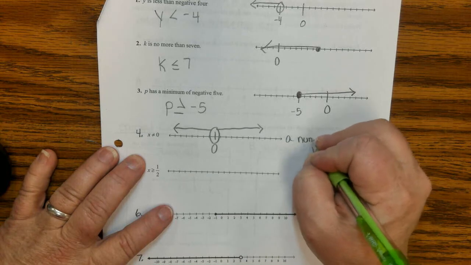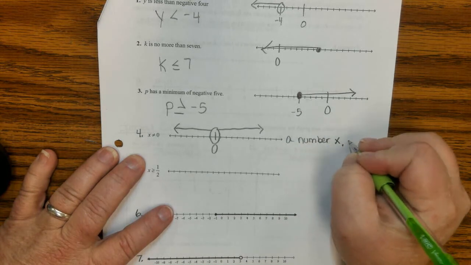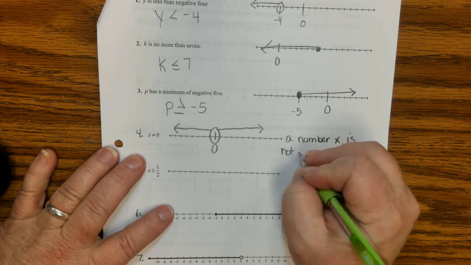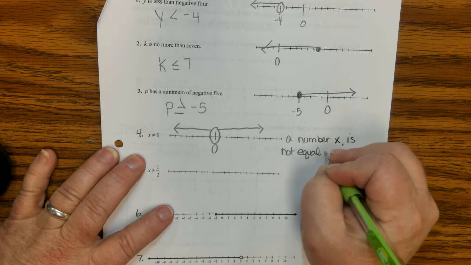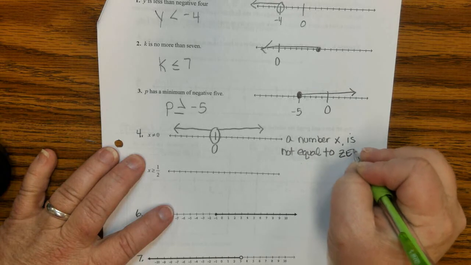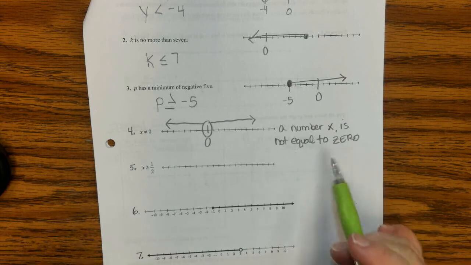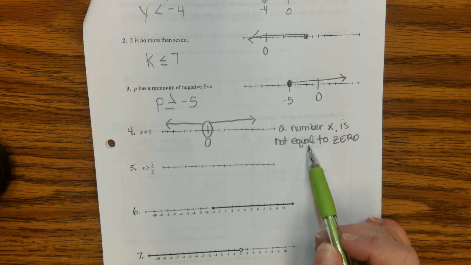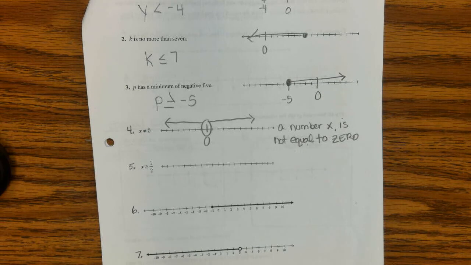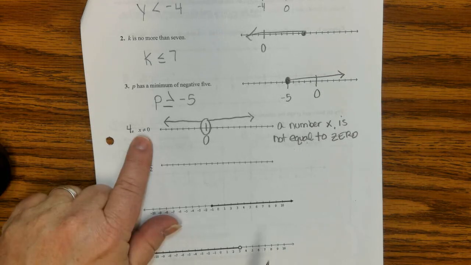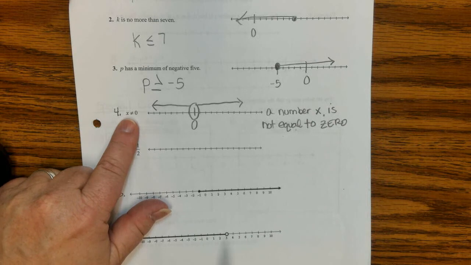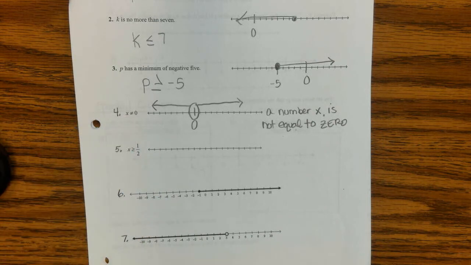A number x is not equal to 0. So you get it, you got three different representations, and you're just writing, and this could be different ways to be said, okay? So as long as you have a way that accurately describes what this means right here, you're good to go, okay? So x is greater than or equal to 1/2 is the easiest one,